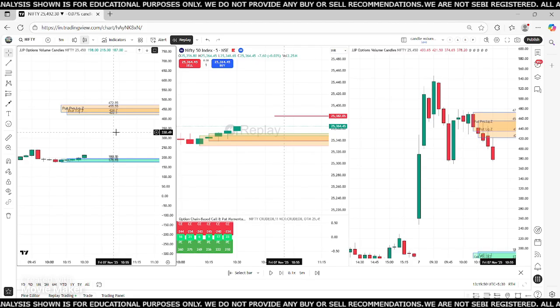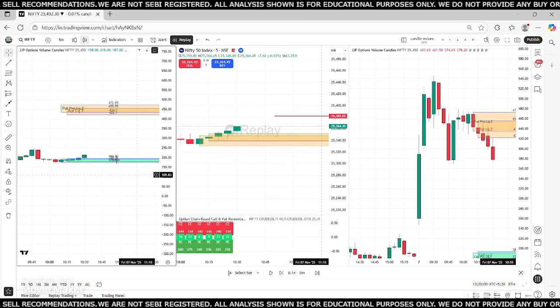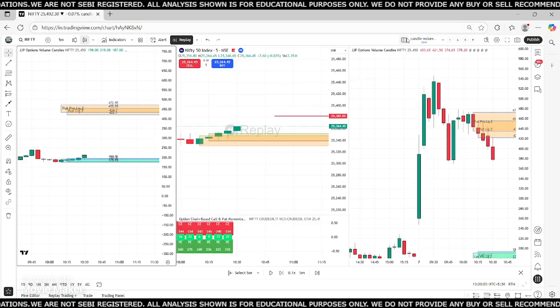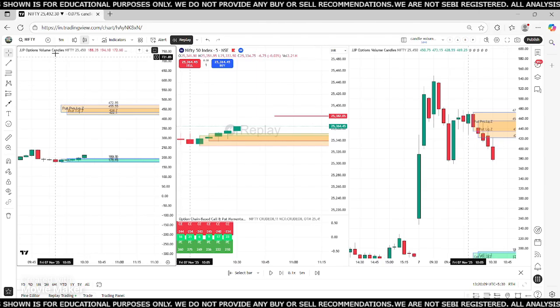So now we are going to see the setup for 7th November 2025. We are going to see what happened with this setup through the full day. To do this setup, first of all include the chart like this. I have set up the layout in a 3 chart view. You can see the first chart will have